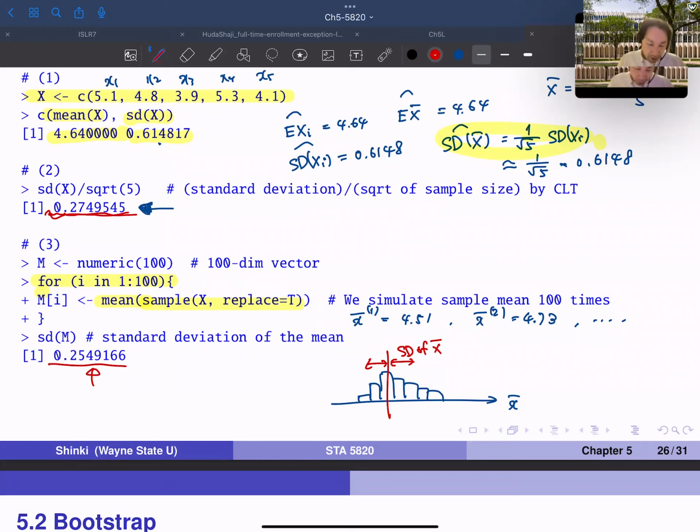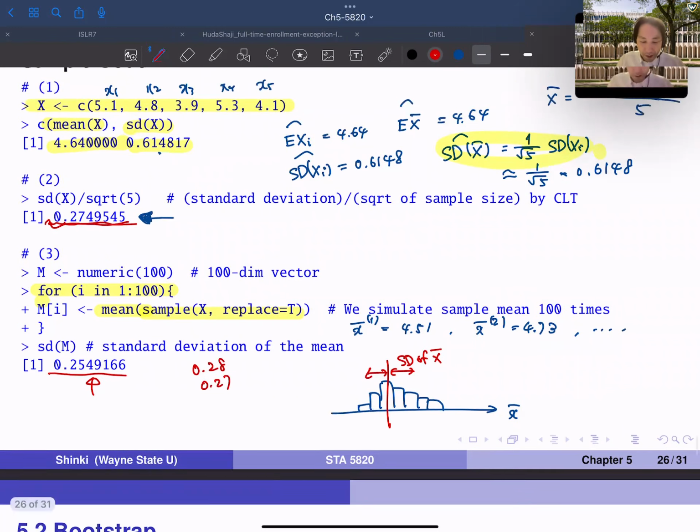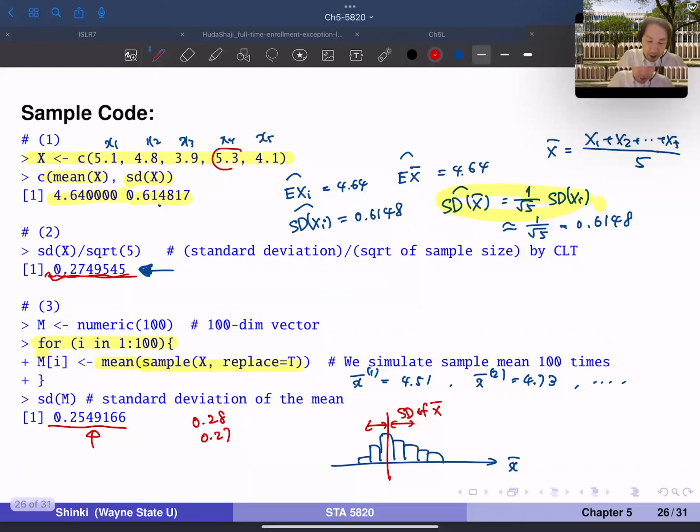And why is this slightly small? One reason is this is just a simulation. So if we try once more, maybe that becomes 0.28 or 0.27. Another reason is that we only have 5 observations, and sometimes we sample the same observation multiple times. So that actually they underestimate the